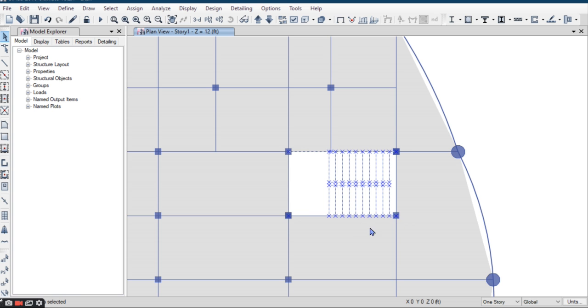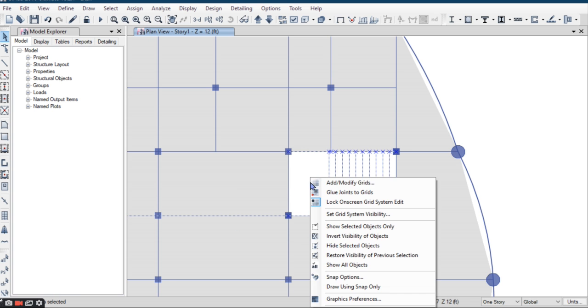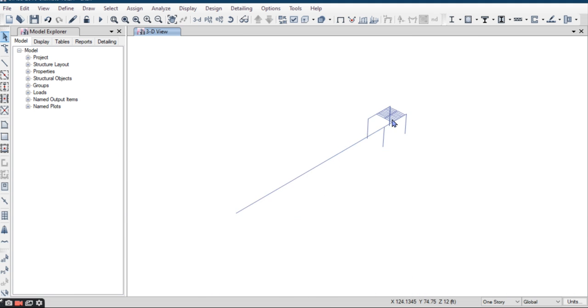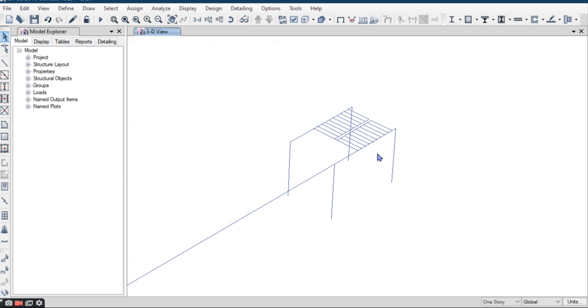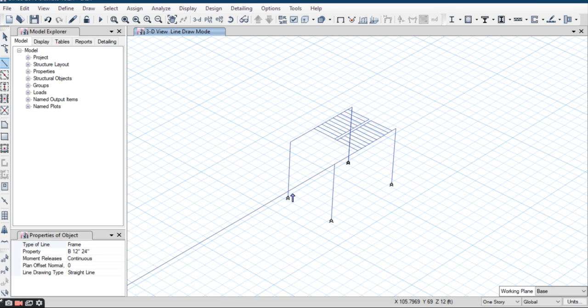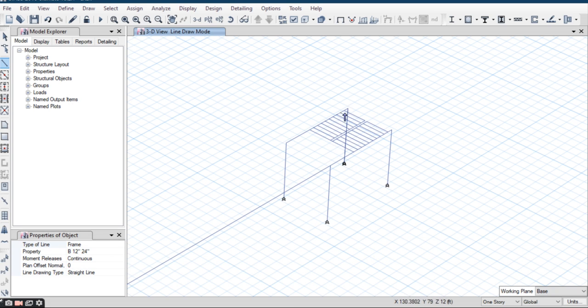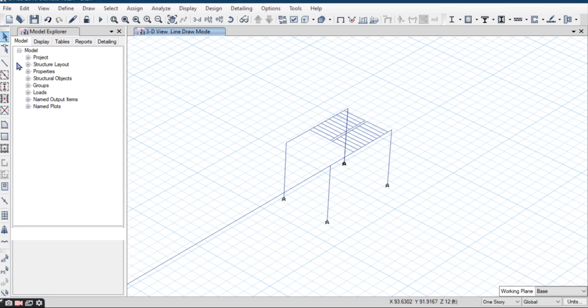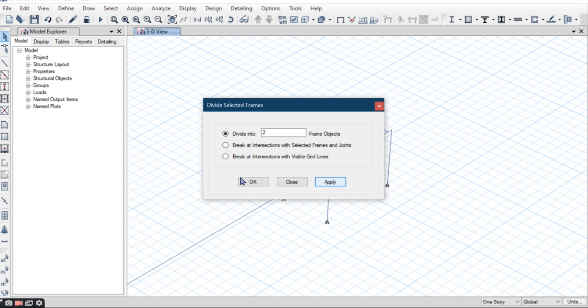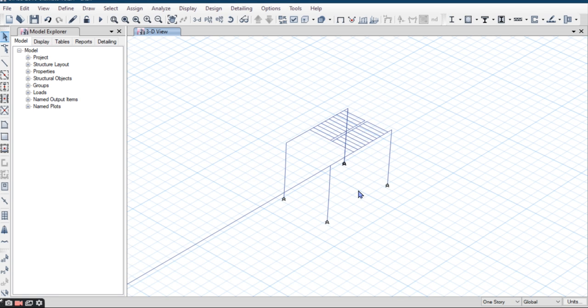Select all these and show selected objects only. Okay, again that process I have to do again. So first draw the slab, draw the beam. First I draw the beam. No, first I have to divide this column into two parts. So edit frame, divide frame into two parts. Okay, and then